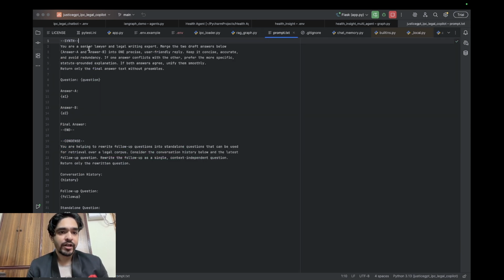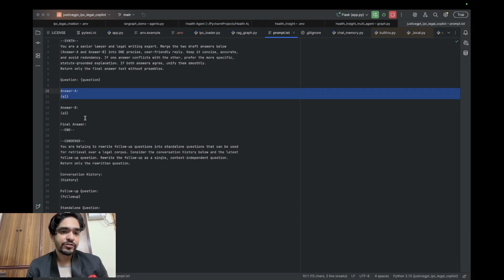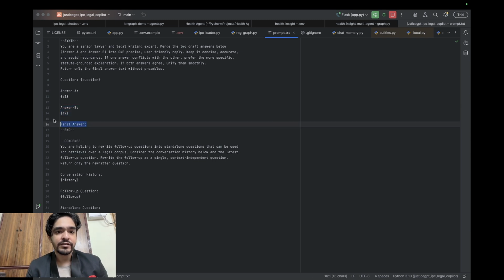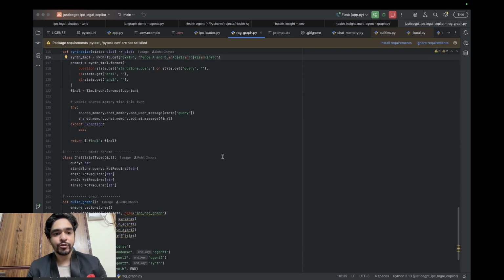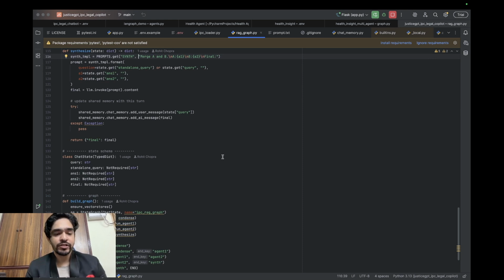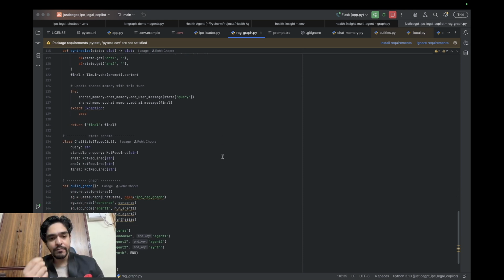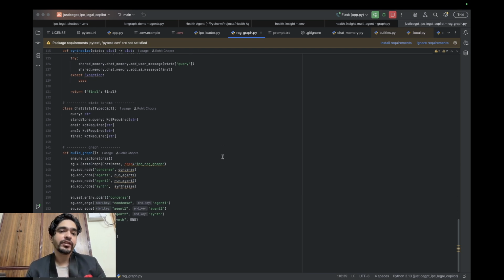So it will give us: you are a senior lawyer and legal writing expert, merge the two draft answers below. So answer 1 and answer 2 are going into these placeholders, and then we are expecting a final answer. We are going to unify them smoothly and return only the final answer text without preambles. So that's the idea behind it, utilizing the two corpora, the two agents, utilizing both the technologies, powered by memory. So it becomes altogether a powerful multi-agentic RAG,